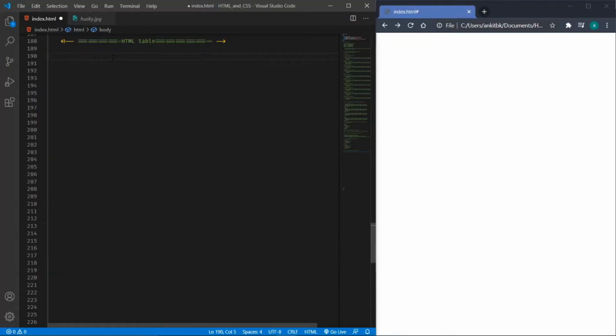So back again to our browser and a text code editor. I've come up with an idea of showing the employees data in a tabular structure format. I will just code it up. The first one will be the table tag. The table tag will have the thead tag, as I've told that for a header we are using the thead tag.